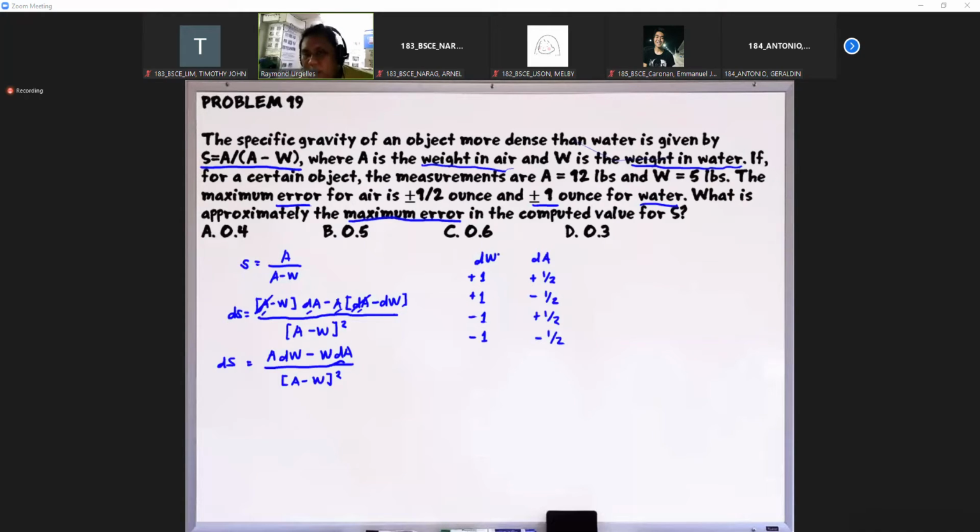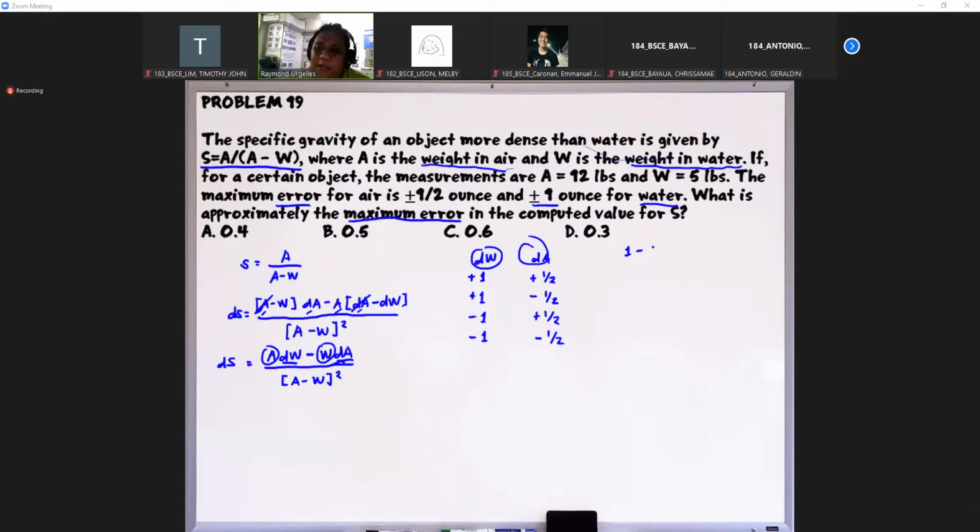But as you can see, dW and dA appear in the equation as part of this term, while A and W are always positive. So the sign of the terms here will highly depend on the values of dW and dA, because they are the only ones that can be negative. And since this is subtraction, what do we know about the rule of subtraction for integers? Positive minus negative becomes a sum. Negative minus positive will also be a sum. They add, but the result will be negative.